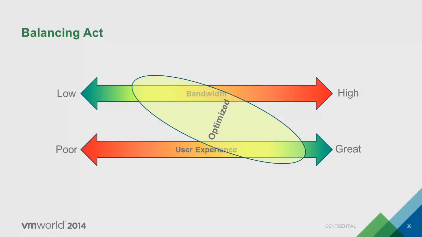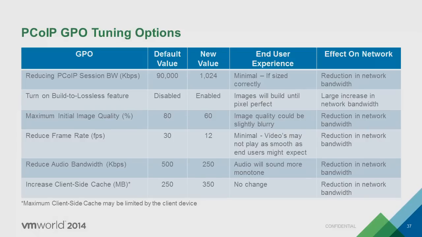So let's dig down into some of the changes. Now, just before I go into some of these, I want to say that I'm not recommending you use the values I've got on this. This is an example of some of the things that we look at changing when we're talking with our customers. So the GPOs there, these are the main ones that we would look at. We have the default values, some of the new values that we might change them to, and then a little idea of what the effect on the end user experience may be, and also the effect on the network,